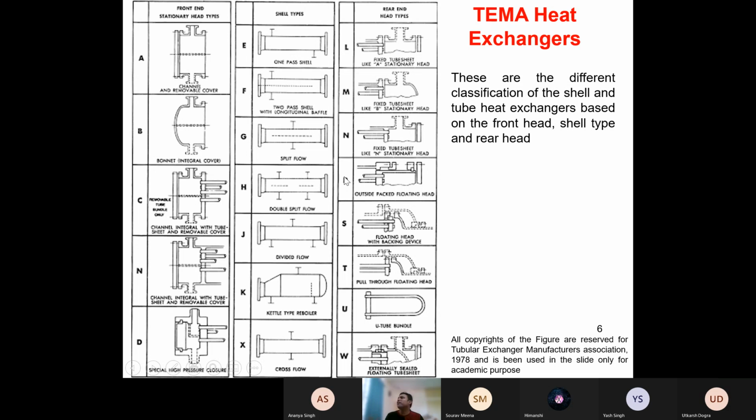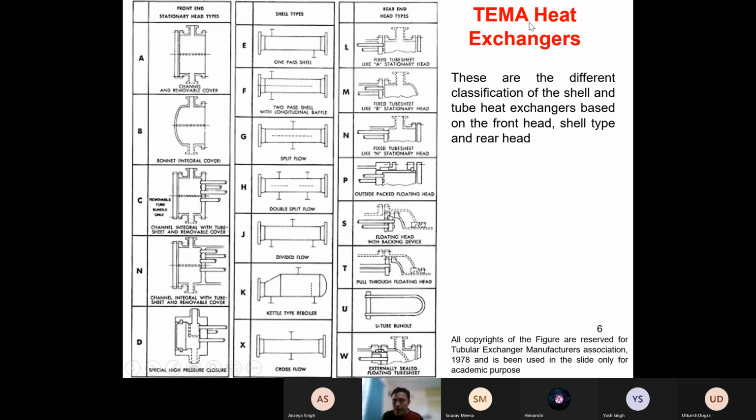So based on these different types of shell and tube heat exchangers are there. We will not go into the detail of this. This information is given in order to make you aware that if you work in the industry, depending on your requirement, if you wanted to design a shell and tube heat exchanger, where you have to look for different designs is